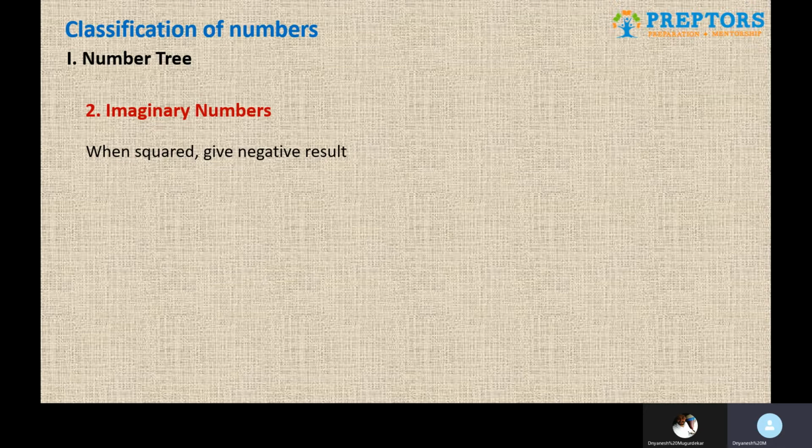One very famous imaginary number is iota, denoted by i, which has a value of square root of -1. And when we square this i, we will have i square as only the square root sign will go off and it will still be negative only. Obviously, because there is not much application, we'll leave that here only. We will continue ahead with real numbers.